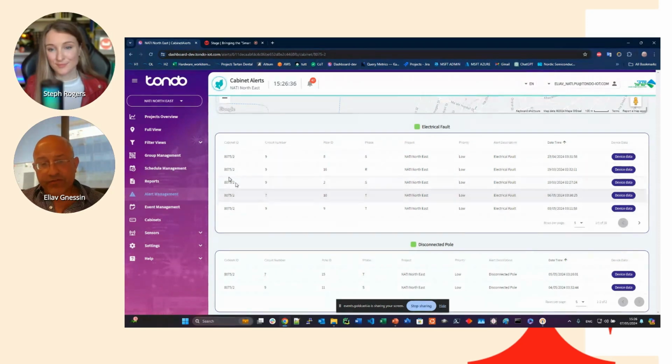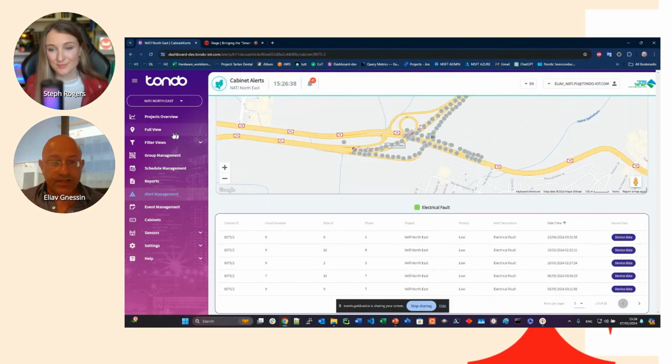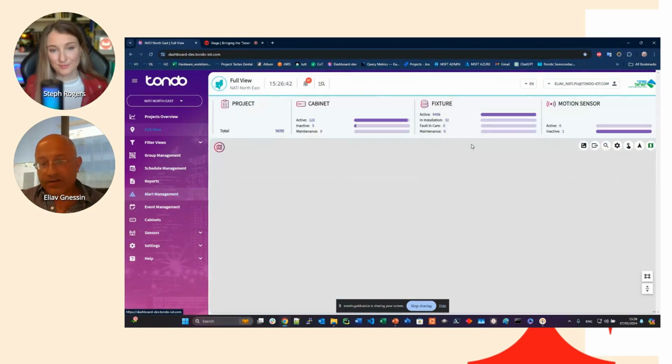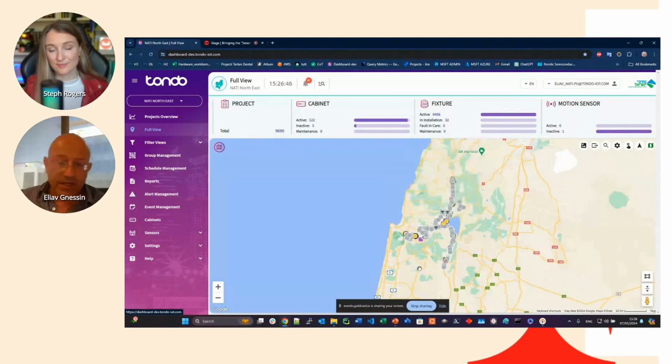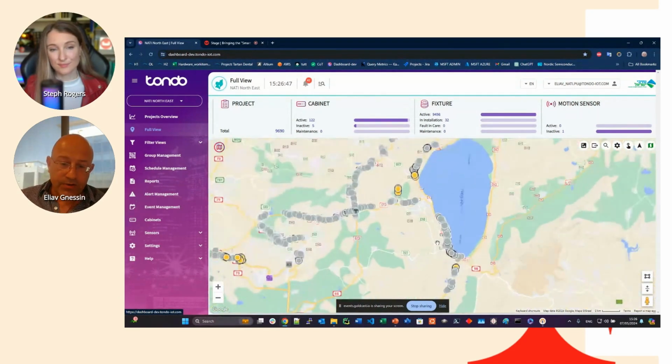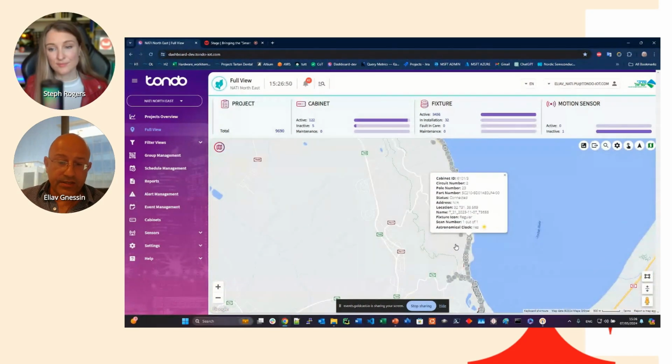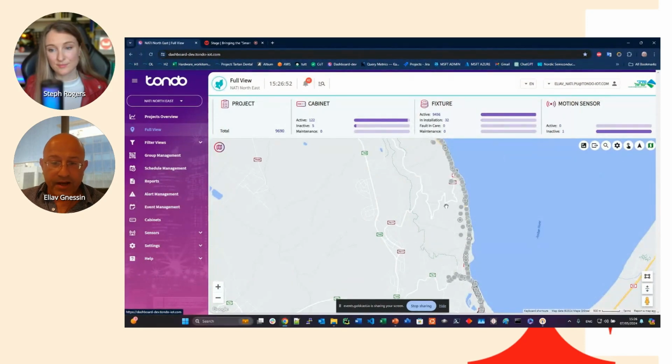All these types of use cases are being monitored by the AI in the system. The idea is that we open tickets for the customer when we have a failure in a specific portion of the road. And this is how the authority is actually benefiting from AI and from the performance of such a system in order to provide better value to customers. So I'll stop here with the demo.